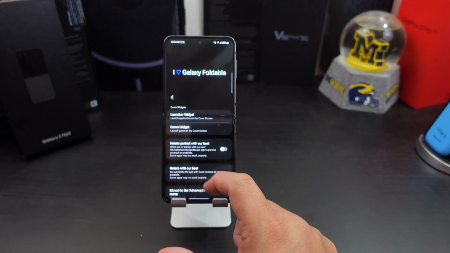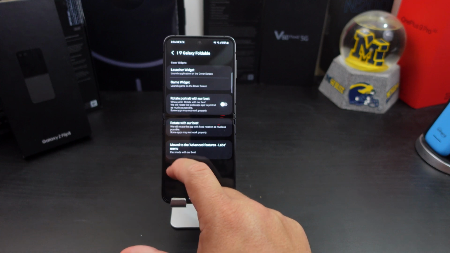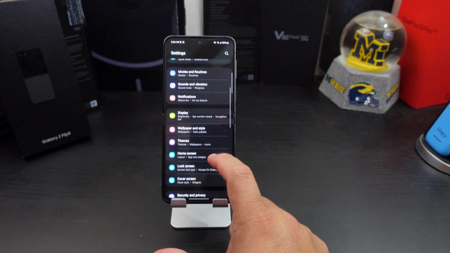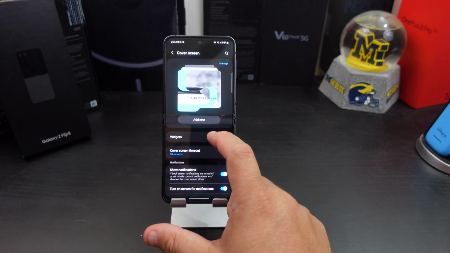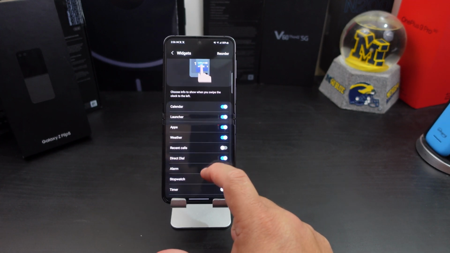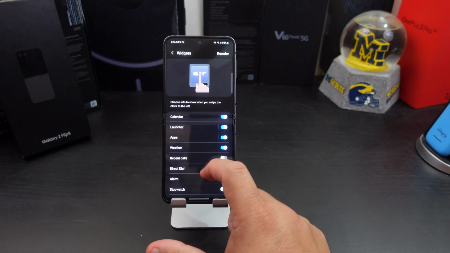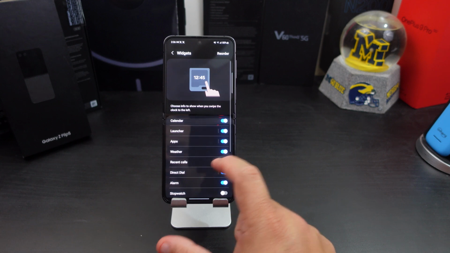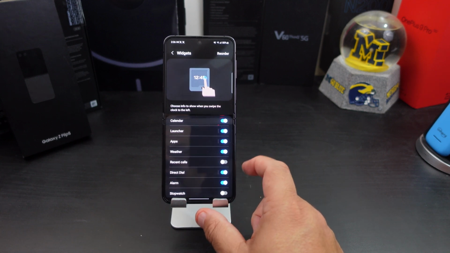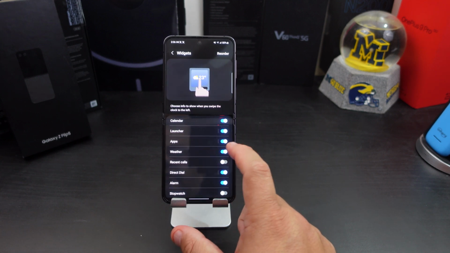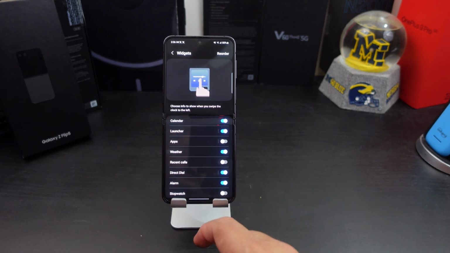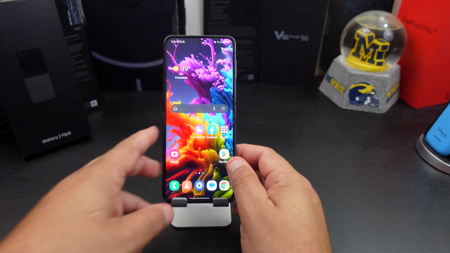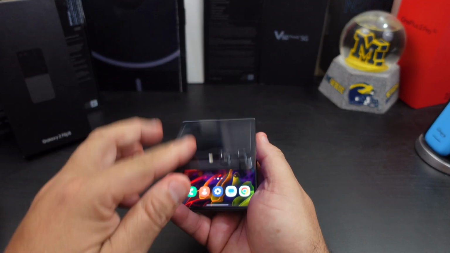So what that does, if you go back into your settings, you go back to the cover display, you want to enable that widget. So I have it enabled already. So it's the launcher and then also the gaming app down here. What I did was I rearranged the windows, and I will delete the apps because I don't need two of them on there. And once you do that, so if you close it,